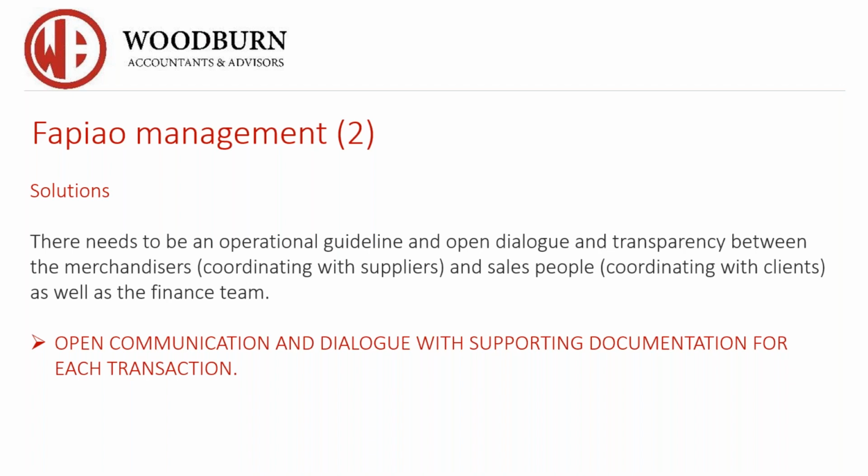If for one transaction it's the merchandiser, for another it's the finance team, it's so confusing and messy. You want to have one system in place in order to be able to do that, and you need your finance team to be aware of all the transactions that are occurring. You need the merchandisers to communicate with the suppliers and the salespeople, and then have the finance people and the logistics team involved as well.